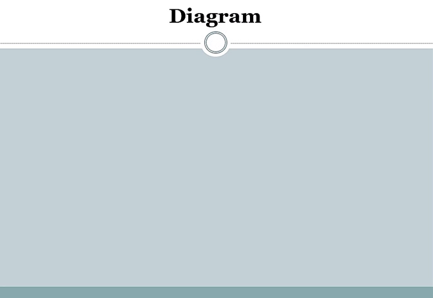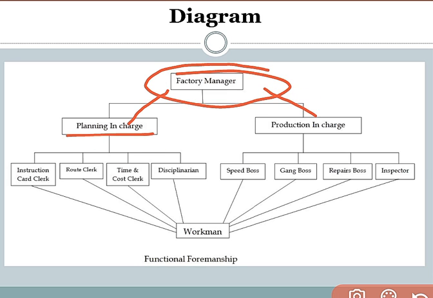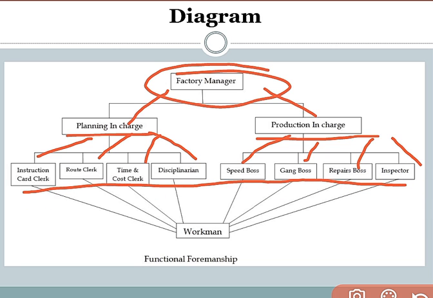And here you can see a diagram of functional foremanship in which we can see the factory manager, under whose supervision there will be two categorizations, planning in charge and production in charge. Under planning in charge there are four subdivisions: instruction card clerk, route clerk, time and cost clerk, disciplinarian. Under production in charge there are four subcategorizations: speed boss, gang boss, repair boss, inspector. And all of these subcategorizations are foremen, 8 foremen who are working and related to the